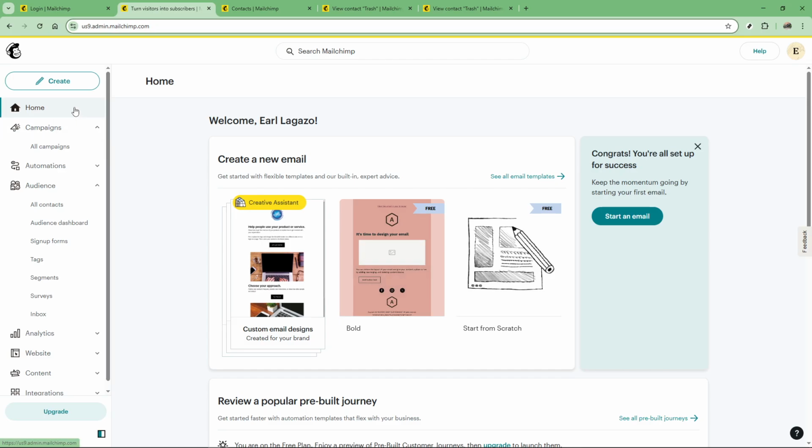Here, navigate to the Audience tab, which you'll find conveniently located on the left-hand menu. Clicking on Audience will open up a whole range of options that allow you to manage your subscribers. Now keep in mind that many users manage multiple audiences in their Mailchimp account, especially businesses targeting different customer segments. If that's the case for you, make sure to select the specific audience you wish to update from the list